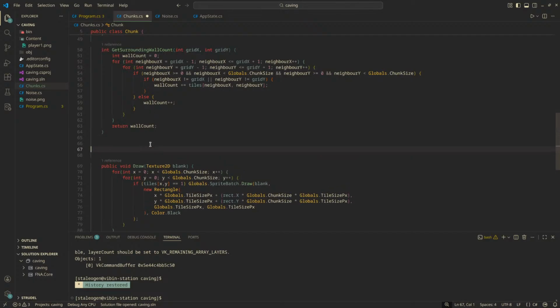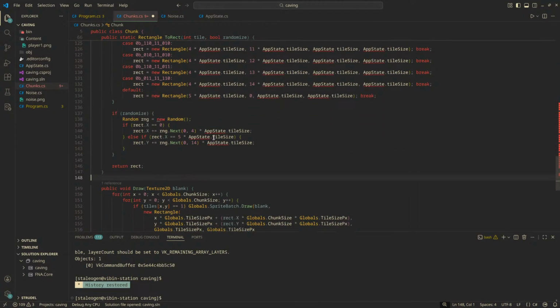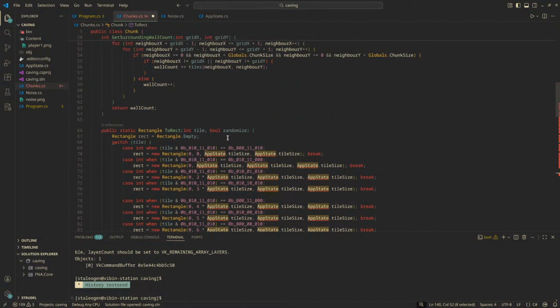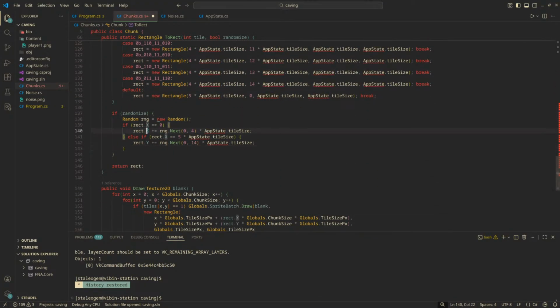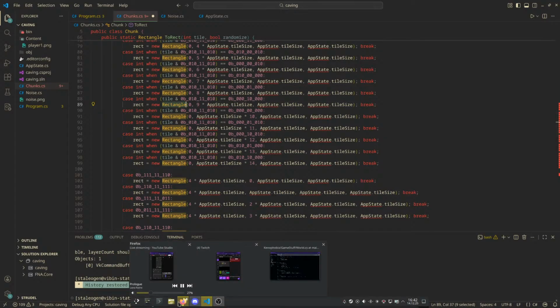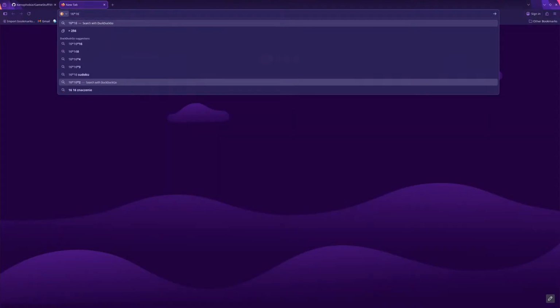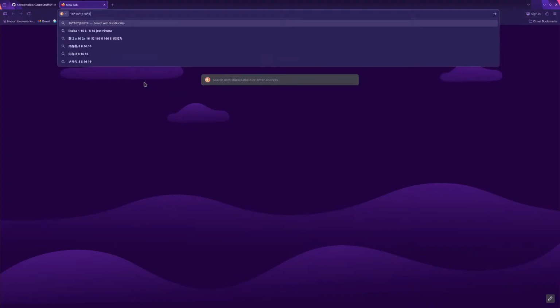So the question is, how do I do it now? That's a lot of stuff. What I want to do instead, okay. How do I go about this? Because I can use rectangles for my tiles, but just think about how fully optimized that is. So right now I have 16 by 16 tiles per chunk. Each tile is then gonna have a byte of information about what type of tile it is, and then it's gonna have